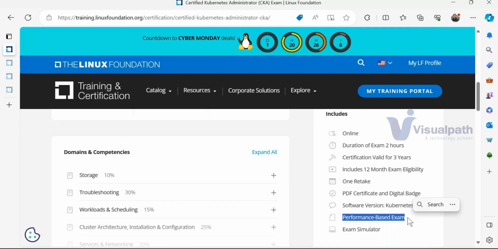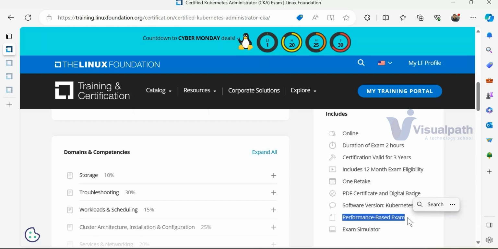All right, performance based. Normally there will be 17 to 18 questions, all scenario based. A few questions are very simple, but all are interconnected. Two to three questions will be interconnected. Somewhere a pod is not running, somewhere a node is not working, somewhere Kubernetes is giving some error, a log is showing something. You have to correct all that. How we will do it, I will tell you. Anyhow, we will be doing all that, because Kubernetes is all about troubleshooting and understanding things. So all that we will do, but it's performance based.